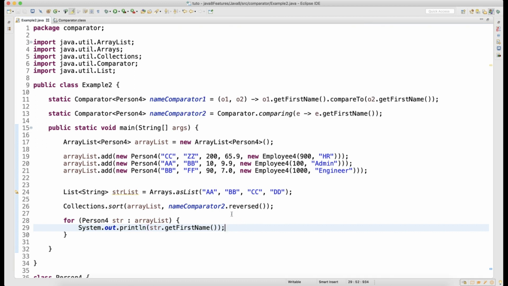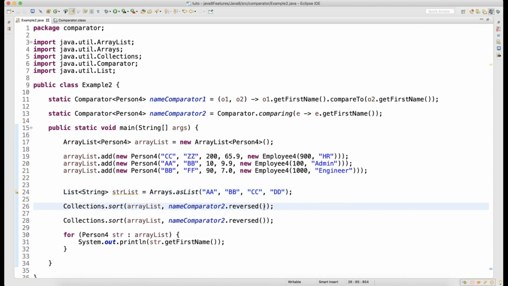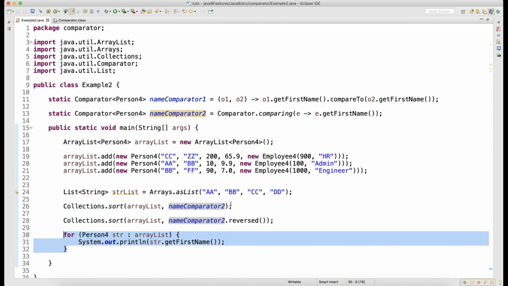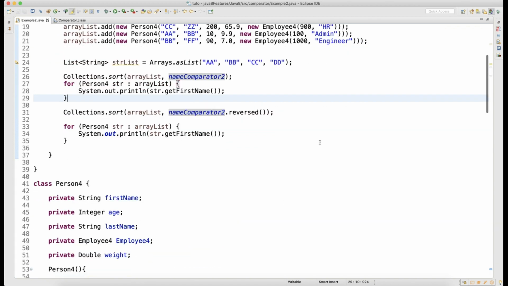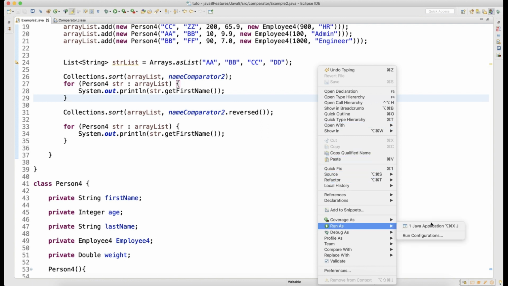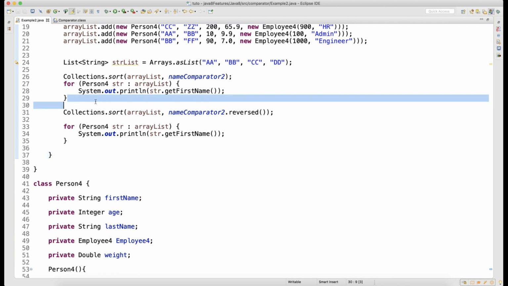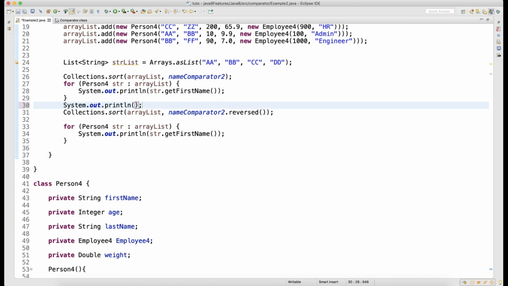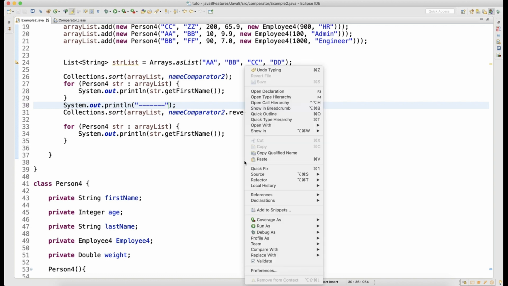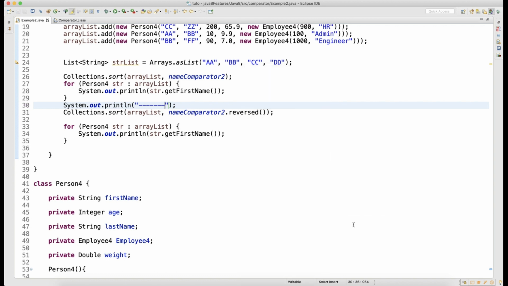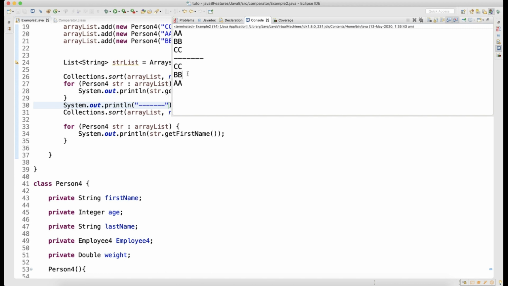AABBCC. In fact, I can show you by writing it so that we don't have any confusion. Don't do reverse here, and then the same for-each loop, whatever we have written here, you call it here. When you call this, you can see the difference in the output. Let me write one line separator so that we can see the output. Look at the output now: it's AABBCC, now CCBBAA. So with reverse, the output got reversed.